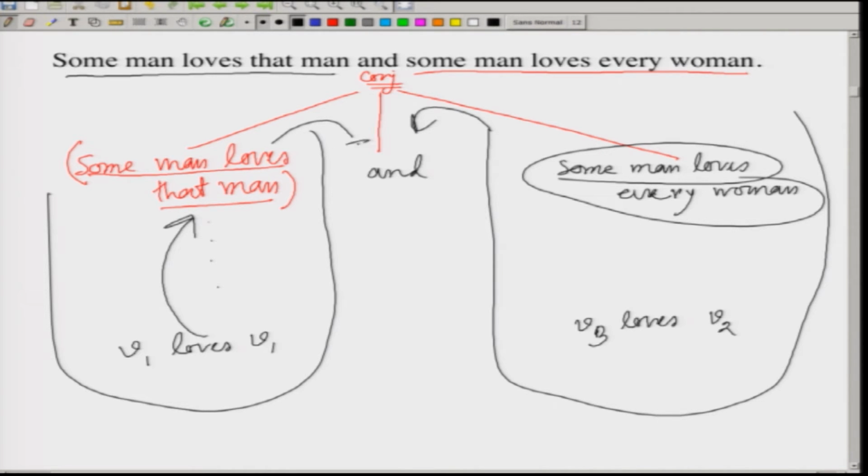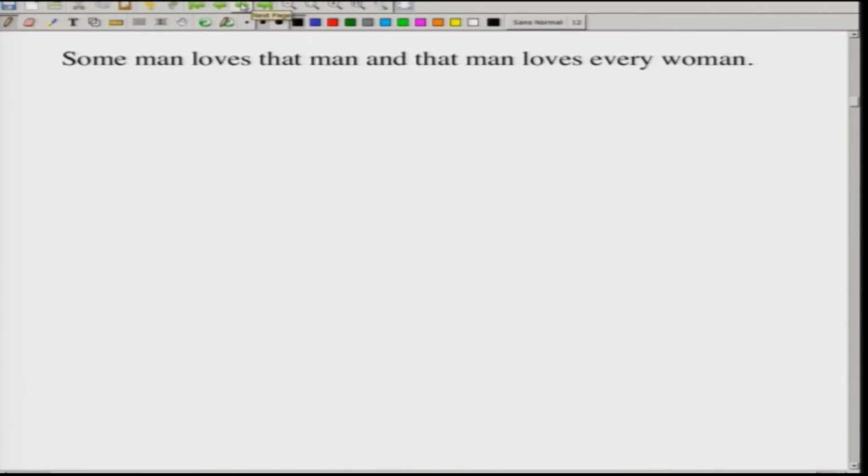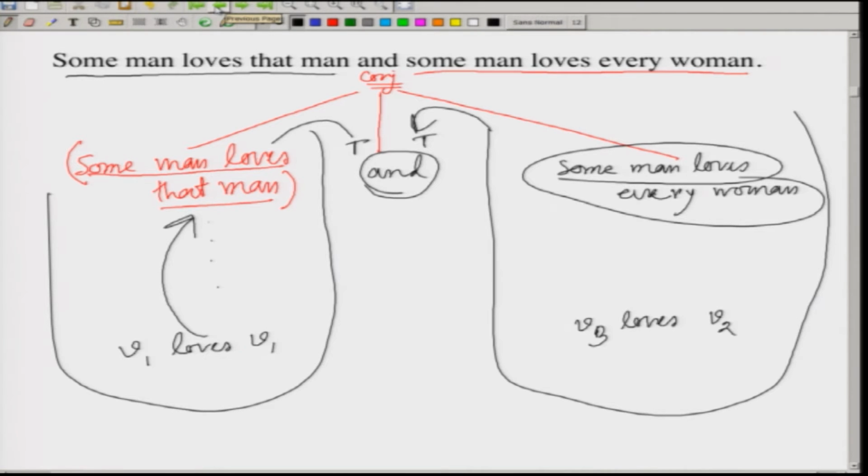Some truth value, whatever it might be, and then "and" will compute that, and we have a whole sentence here. But the second sentence is very different. Why is it different? Here, note that there is one statement here, and there is another statement there. So, this is derived from something different. The underlying structure of this is very important. Let us look at these two sentences and look at the difference between the two.